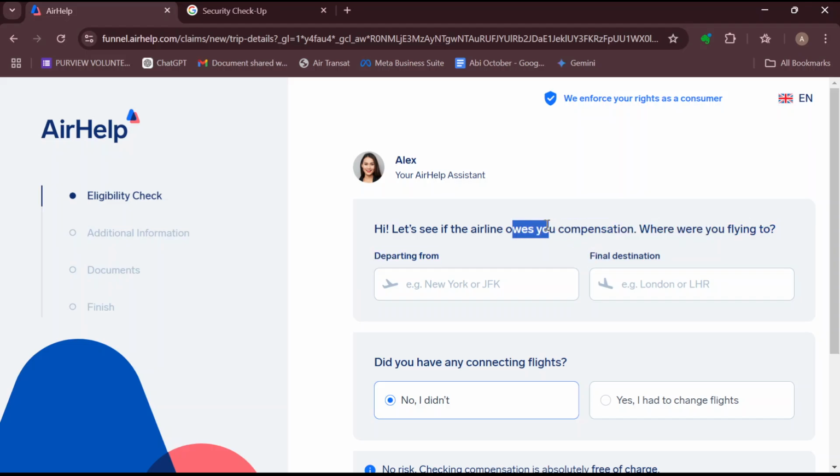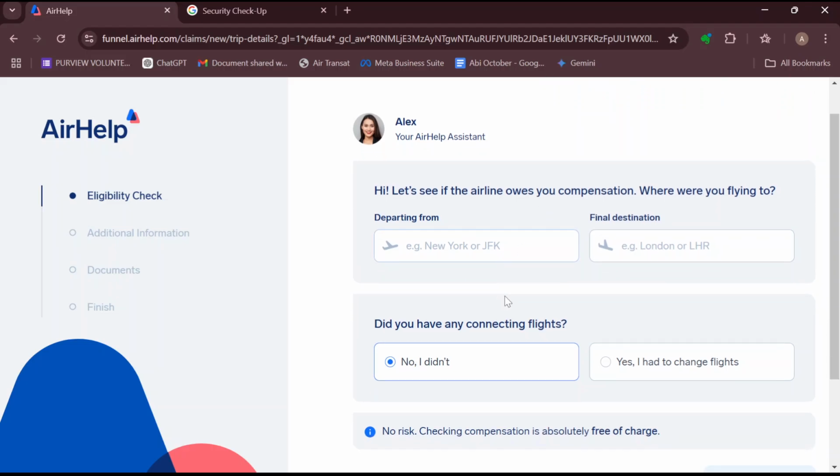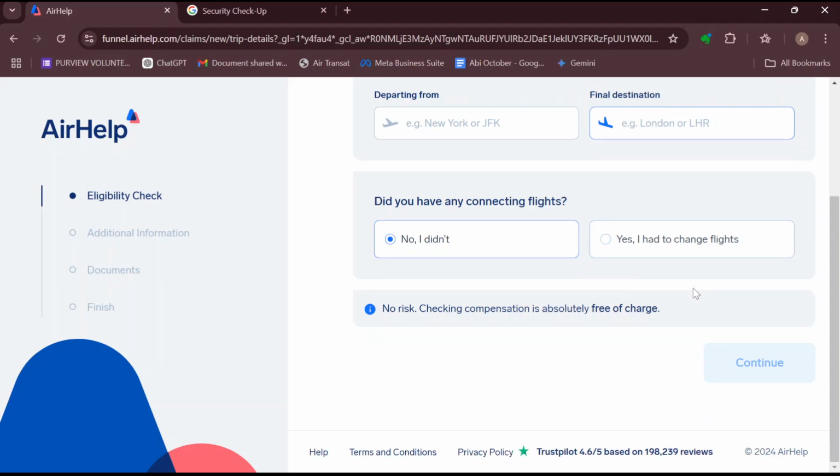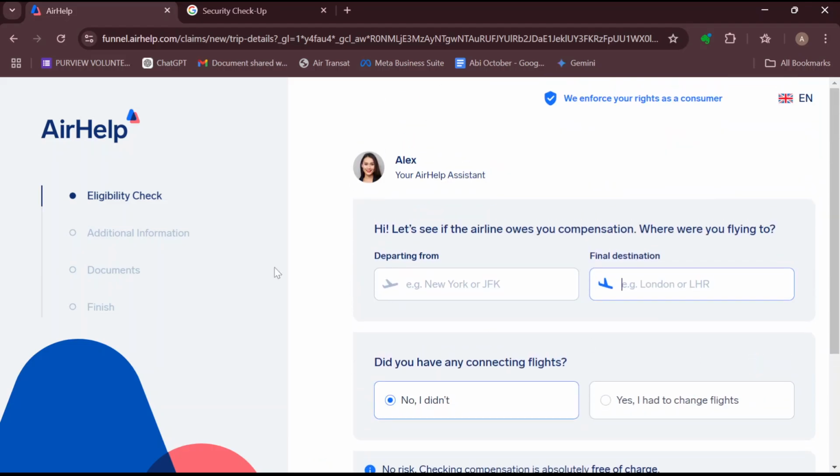So in order for you to check that, scroll down, enter your departure airport, enter your destination airport, then scroll down and select any of these options. If you do not have a connecting flight, select the first option, but if you have a connecting flight, select the second option. Scroll down, move to the bottom right corner and click on the continue button, and then you'll be taken to the next stage, which is the additional information page, where you are to provide additional